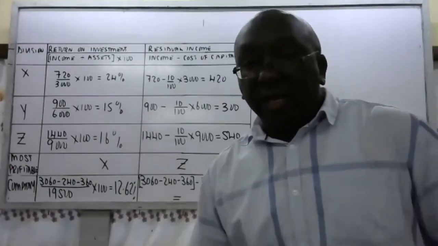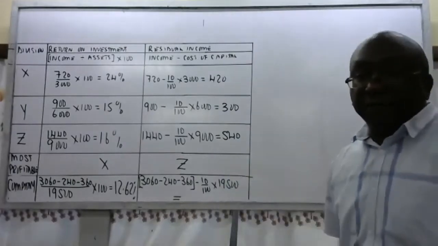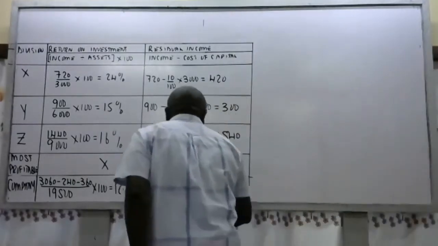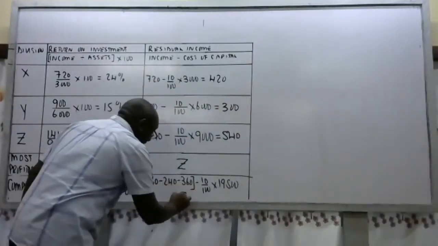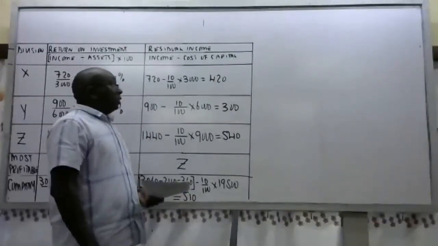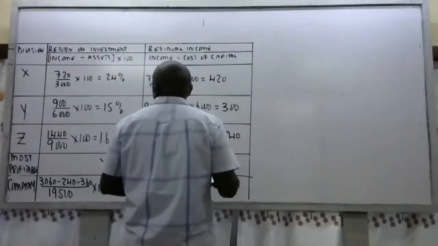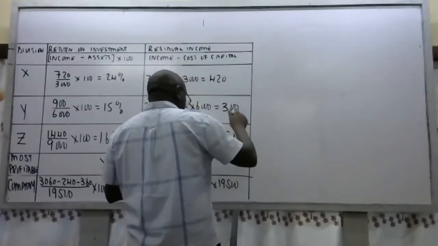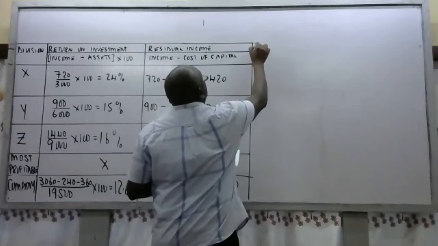Yeah, I can see those figures coming very fast. 510. So down there, for the new projects,